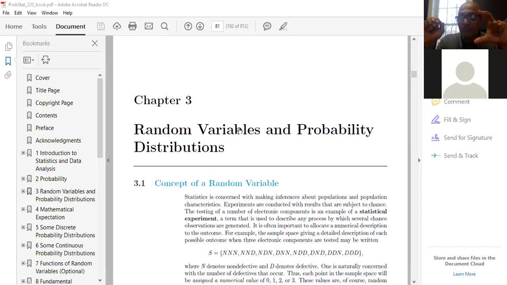There are two types of probability distributions. One is the discrete probability distribution, and the second is the continuous probability distribution, called CPD. That's what we are going to learn in articles 3.1, 3.2, and 3.3, and after that we'll go over a few examples. So that is today's content. Let me start here. You can see here that